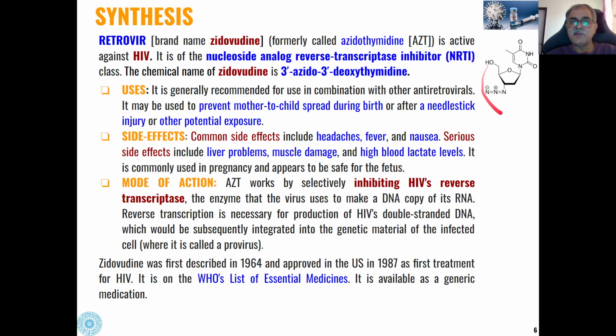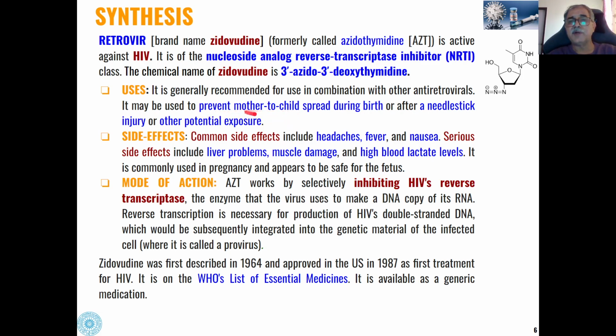And the chemical name is 3-azido-3-deoxythymidine, as the anti-HIV agent. The use of this drug is that it is recommended in combination with other antiretrovirals, and